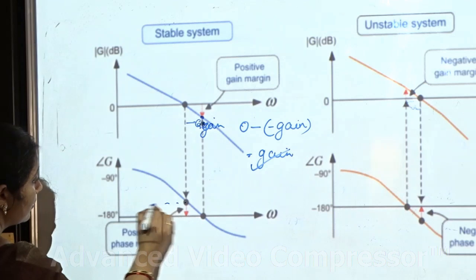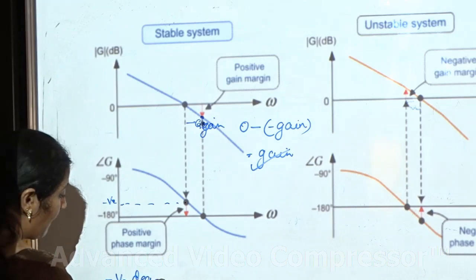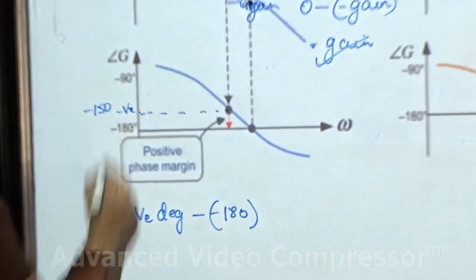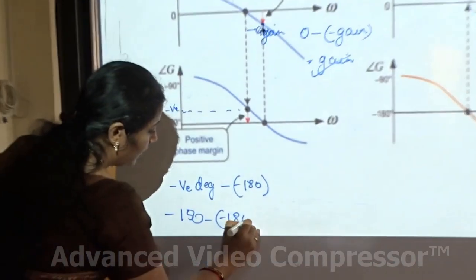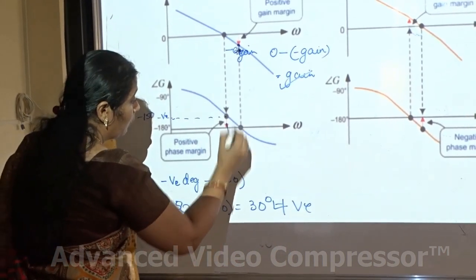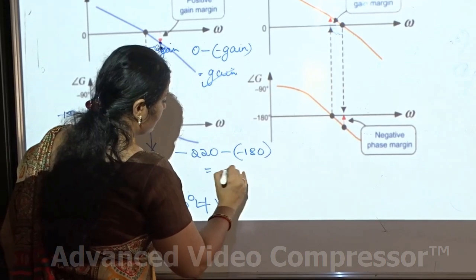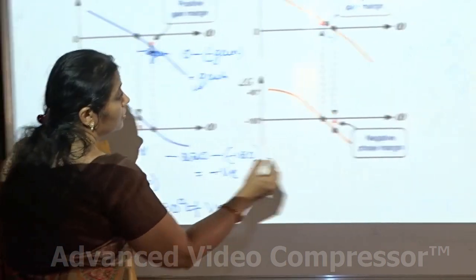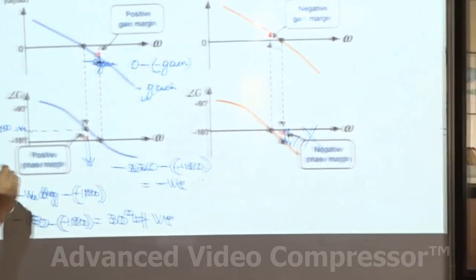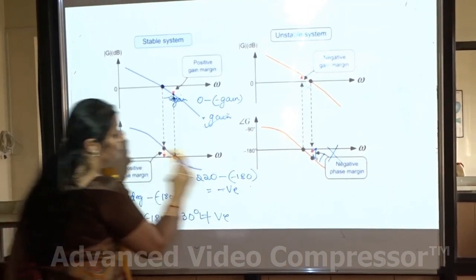What about here? It is a negative degree or negative phase, minus of minus 180. These values are less than, suppose this is 150. Minus 150 minus of minus 180 is plus 30 degree. It is a positive value. But in case it comes down here, what happens? Suppose it is 220, minus 220 minus of minus 180 becomes a negative value. So when the gain, phase margin comes here, the system becomes unstable. If the gain margin is here and the phase margin value is exactly over here, then the system is marginally stable.